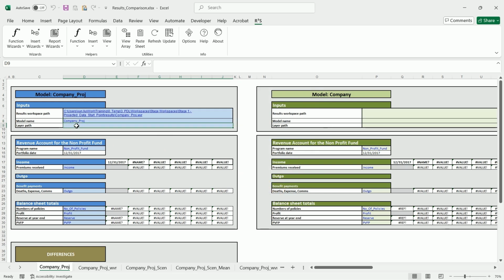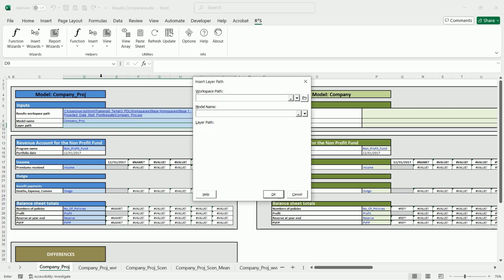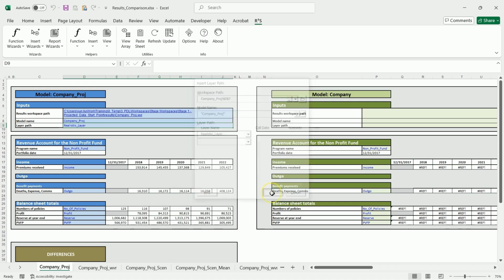For the layer path, click on cell D9. On the R3S ribbon, click Insert and select Layer Path. Fill in the following settings and click OK. For the company run, we will repeat the steps.